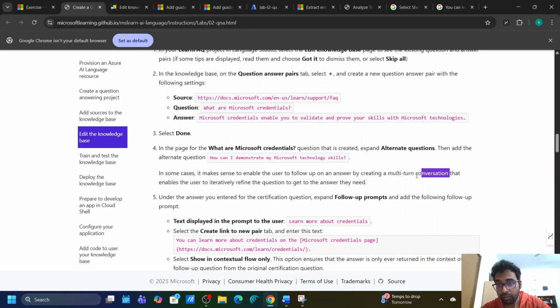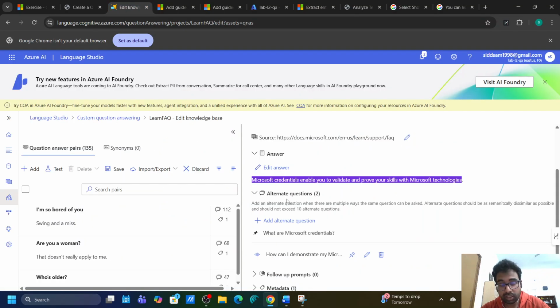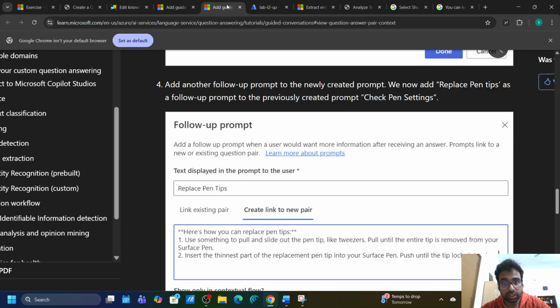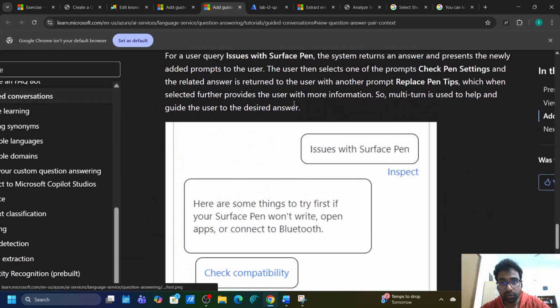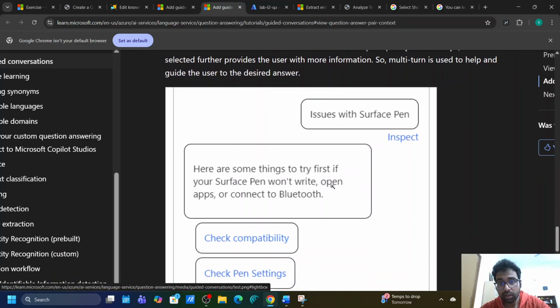So now we have to create multi-turn conversations. Multi-turn conversation is basically this kind of conversation. If I show you, the customer types issues with the Surface Pen. Now we have a lot of options to give him, so we do not know what kind of issue he's having with the Surface Pen. So what we do instead,